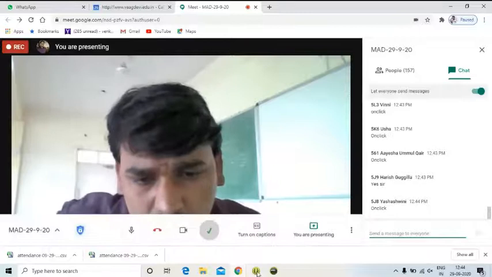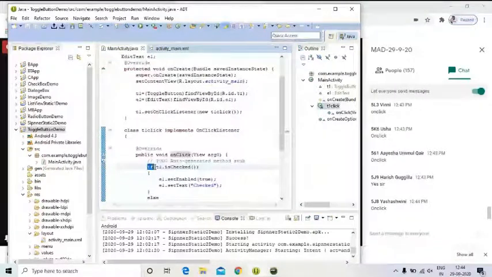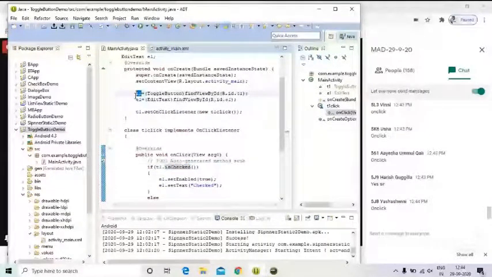Right now, write in the on click, simple logic. If T1, which means the toggle button, is checked. It is a predefined method in the toggle button class. What is the reference variable for the toggle button? T1. Hence I am writing: when T1 is checked, E1 dot set enabled to true. That means the checked toggle button should come to on mode. When it comes to on mode, we get E1 dot set text, and we got checked. Otherwise, you can also write it like this; instead of checked, I'm writing, just light is on.